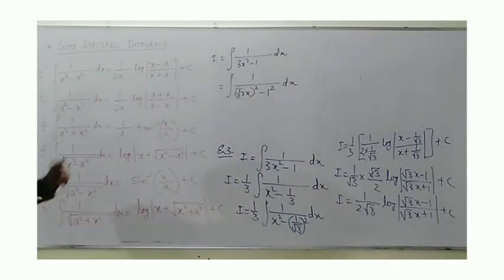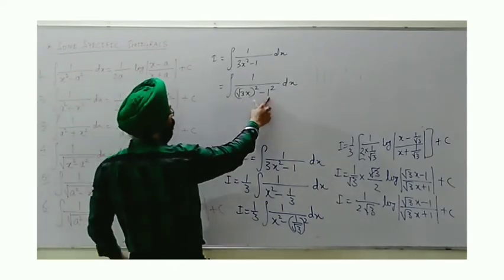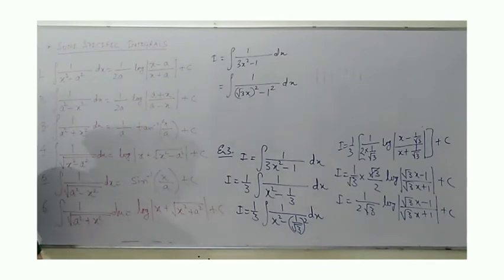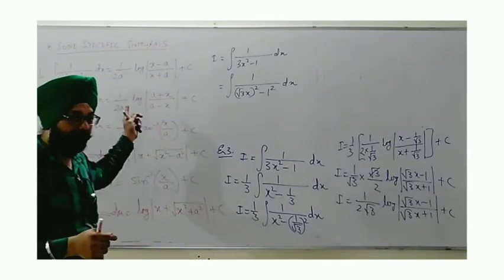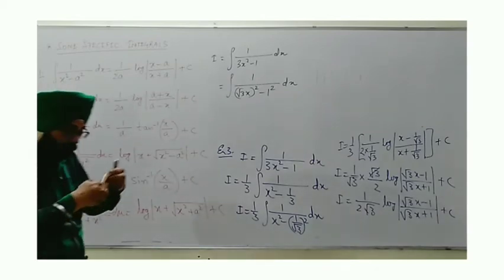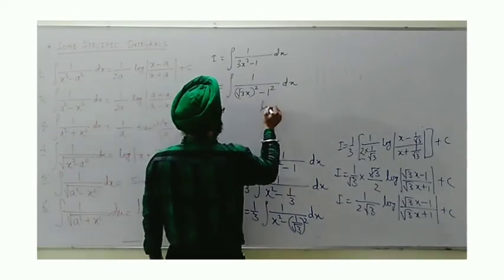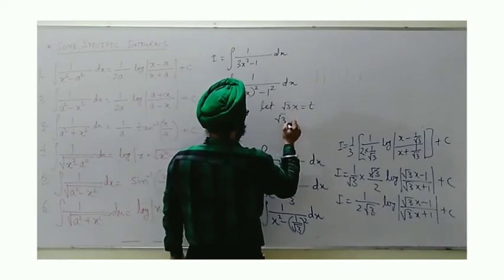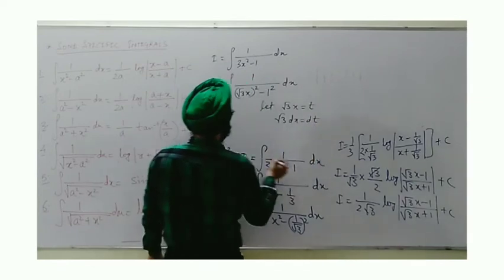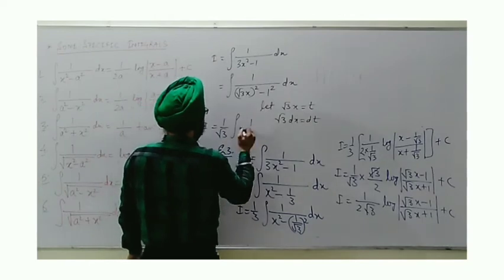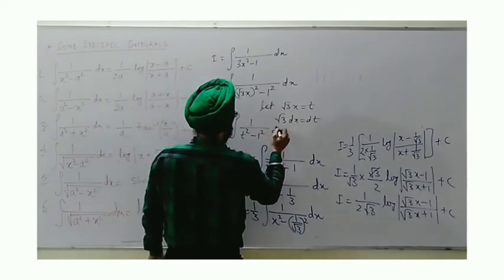Completed. But before we compare, this constant is okay, but we need a variable here. We want only the variable, with nothing as a coefficient, as I said. If I want to compare with all the forms, you can see x square is given alone without any coefficient. Only 1 is the coefficient we can say. Now, to convert into that form, we use the substitution method. Let root 3x equal t; differentiating, root 3 dx is dt. And yes, this I can be written as 1 by root 3, integral of 1 upon t square minus 1 square dt.